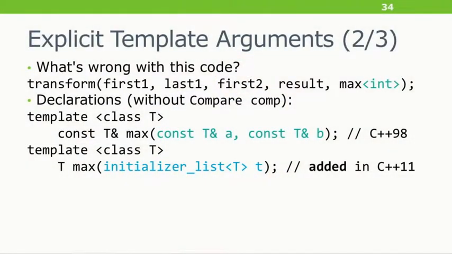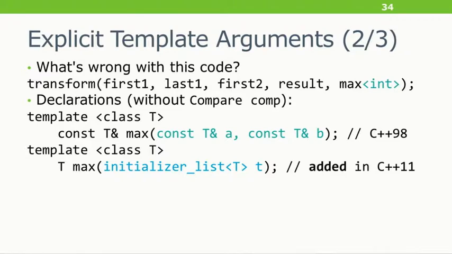So the problem here is not that the signature changed in C++11, but that a signature was added. A totally different signature, max for an initializer_list, because the committee wanted you to be able to say max of {11, 22, 33} and get the maximum value. That's actually pretty cool. This signature was added, and it doesn't compete. It's not ambiguous in terms of overload resolution with the two-argument version. It's not even the same number of arguments.